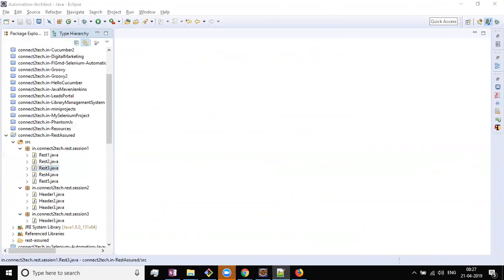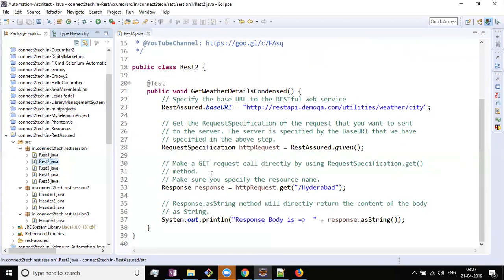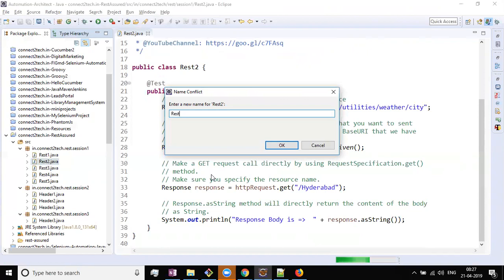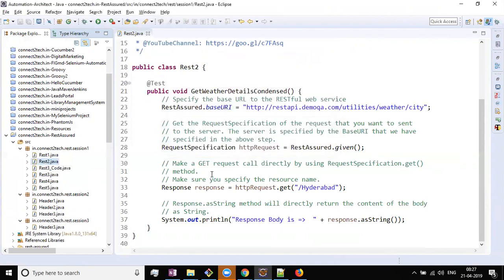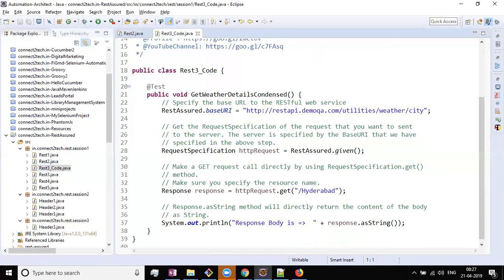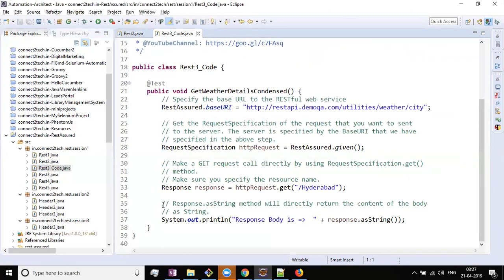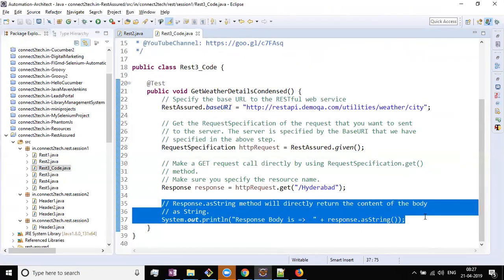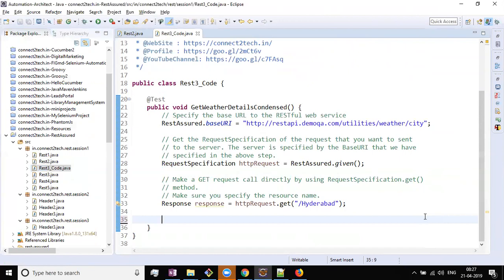For example, we have already seen this code. Let me make a copy of this and name it 3 underscore code. In this, I'm going to hit a URL. This is how I hit a URL. Now, instead of getting the entire body of that,